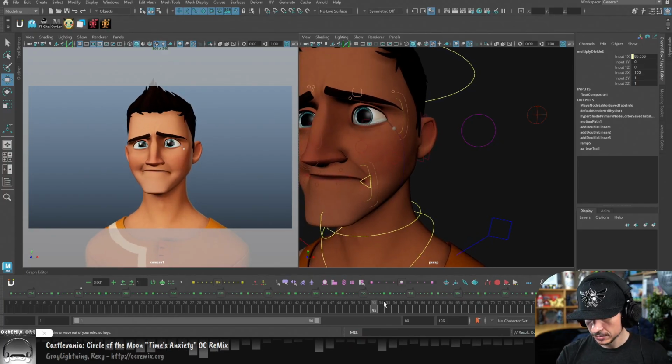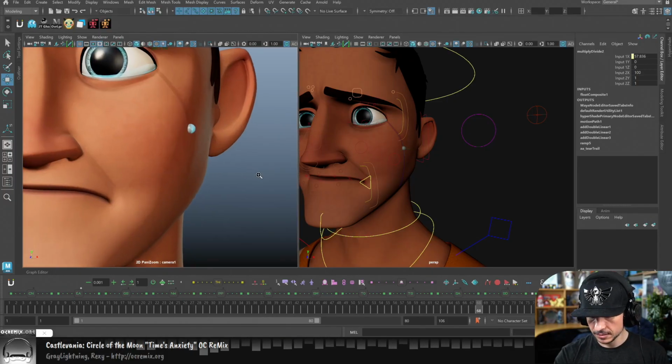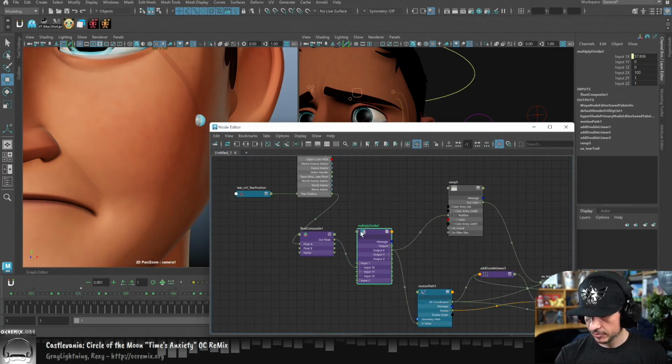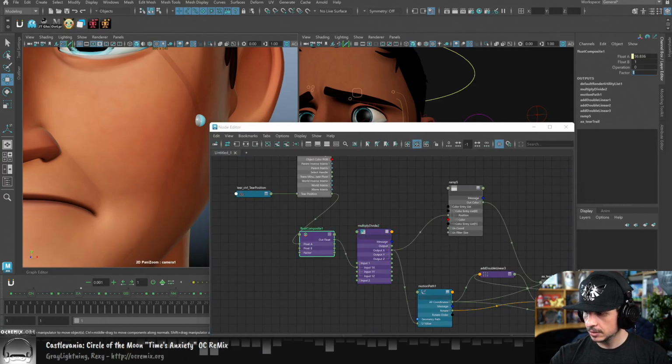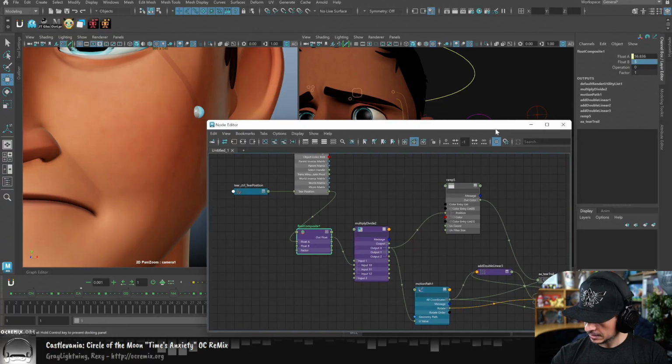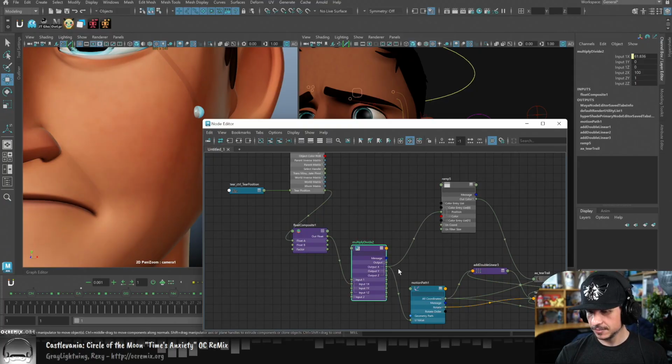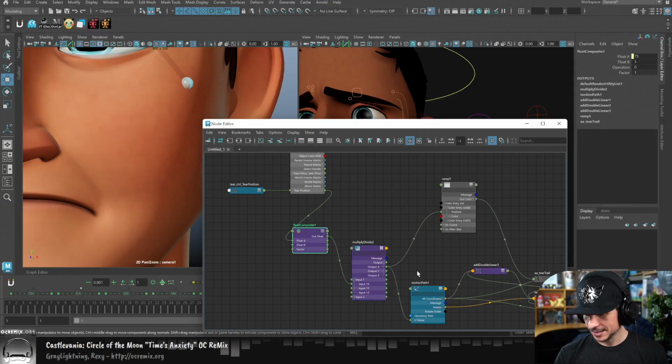So now, if we look at this here, let's zoom in. That tear trail is going to be slightly behind. If we adjust this, let's do 5. And make sure I'm taking this. Okay, yeah. See, this is where